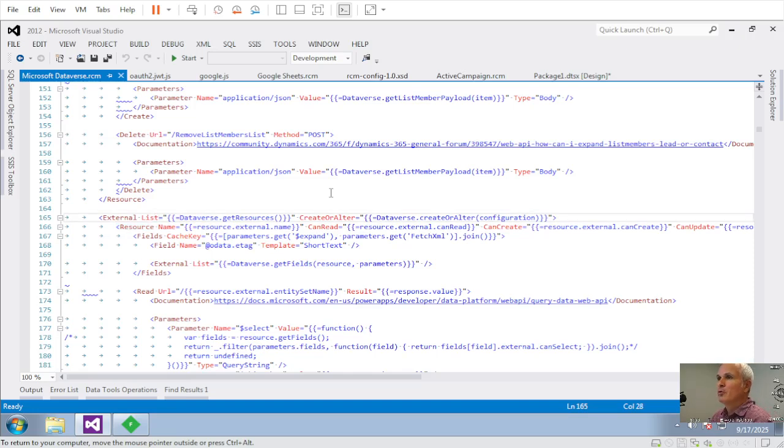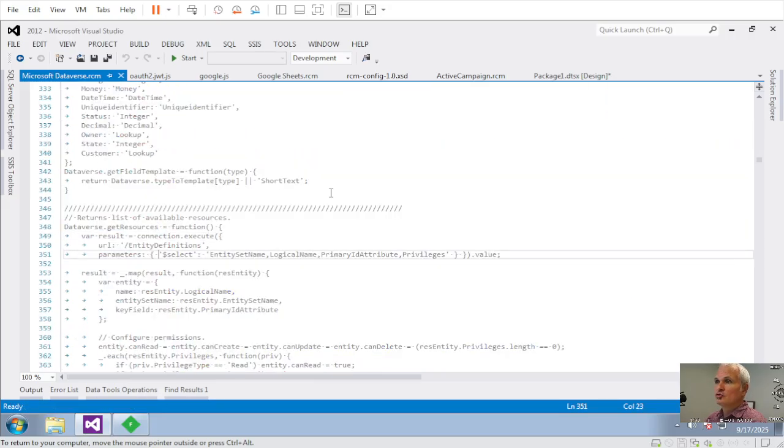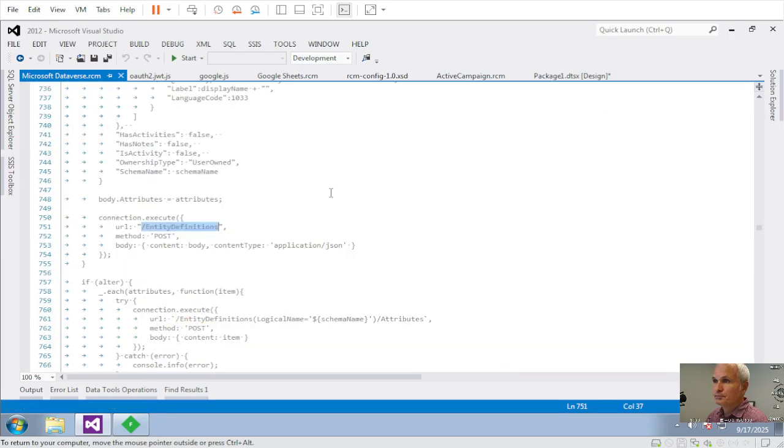So for example, to get the list of the available Dataverse resources, aka CRM 365, we have created a function, Dataverse get resources. So this function is going to issue a request